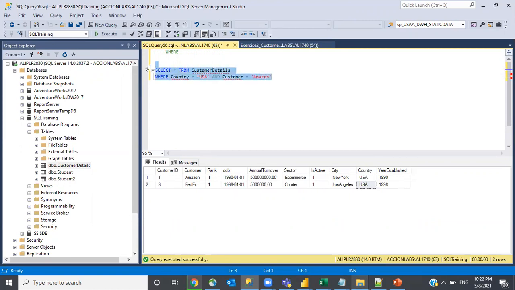When you mention it like this and execute, now I can see both conditions are satisfied. When you write AND, it means both these conditions need to be satisfied. Only the records matching both conditions will be shown to the users.